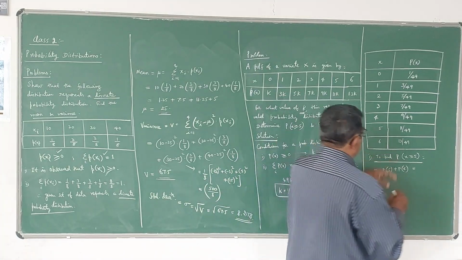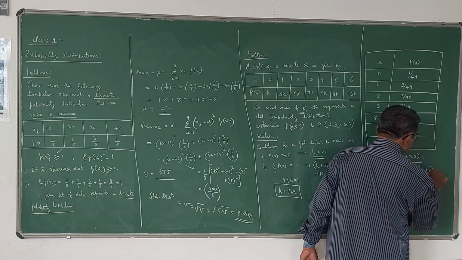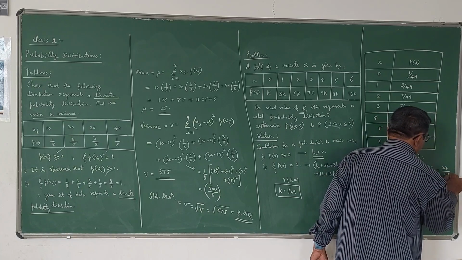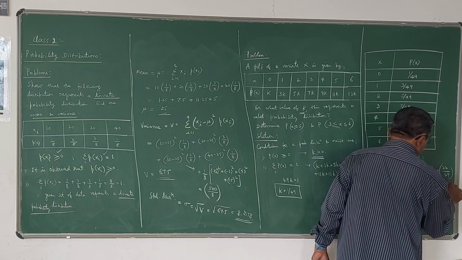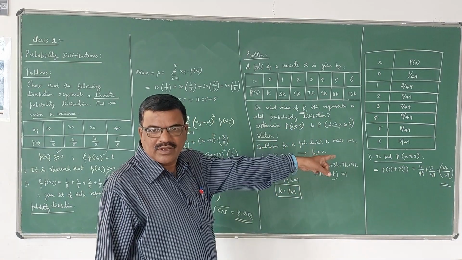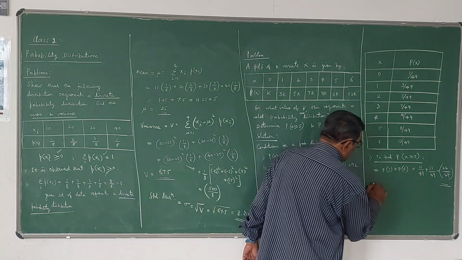So that means it is 11 by 49 plus 13 by 49, 24 by 49. You can put it in decimal also. That is the answer. Okay. Next step. What he has asked us to find